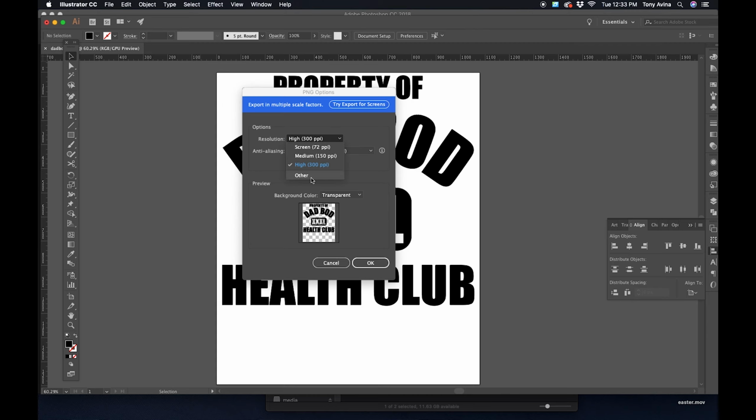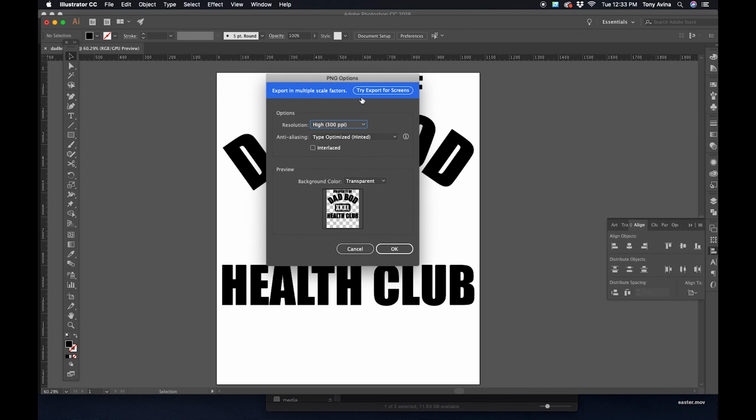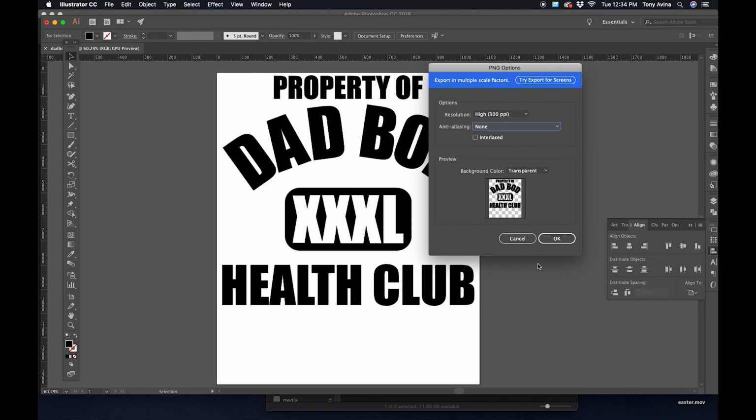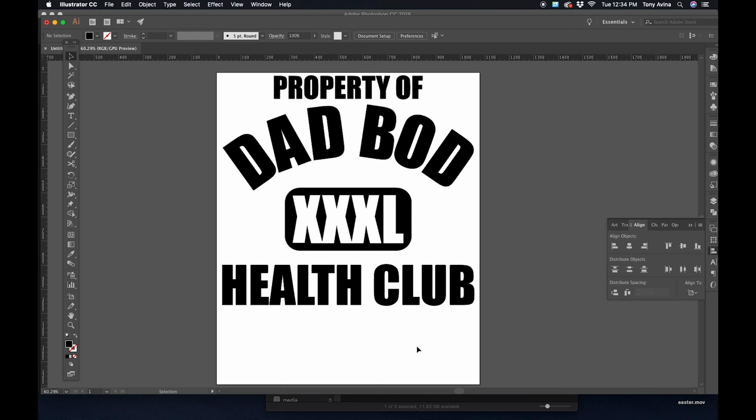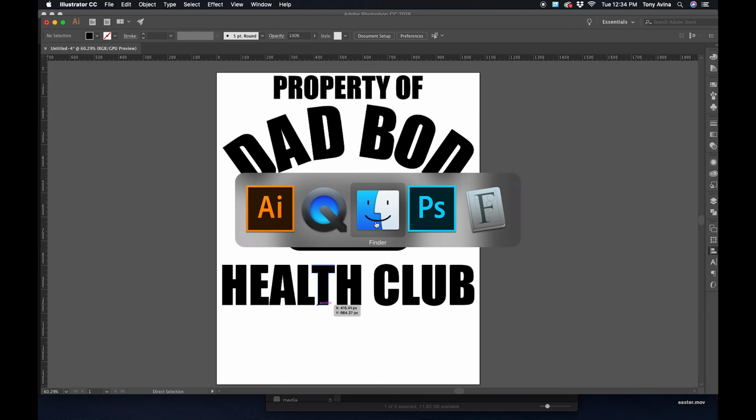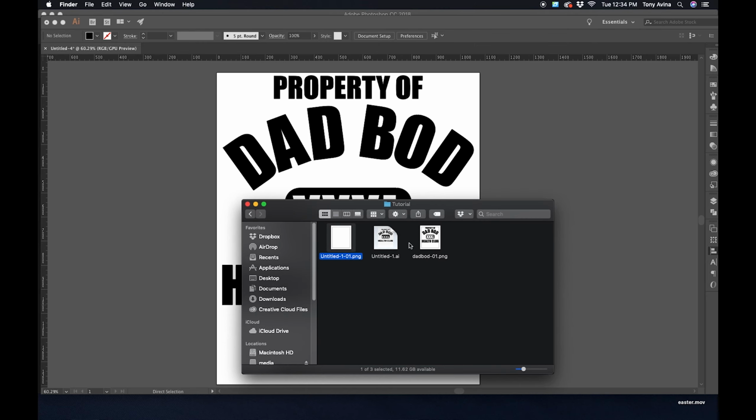Now here on the resolution, I want to do high, 300 ppi, and I can do anti-aliasing. I can do type optimized. Or I can do none. A lot of times I'll do none, so there's no fuzzy edges on my type. Background color, transparent. I'm going to click OK. And now, here's my Dadbod PNG. I'll go ahead and open that in Adobe Photoshop